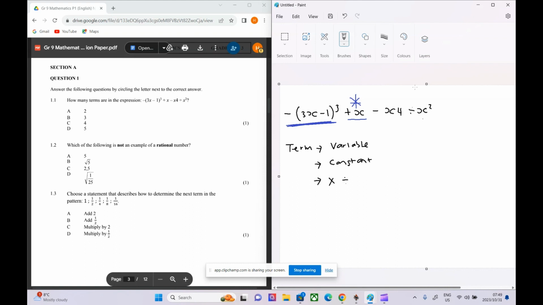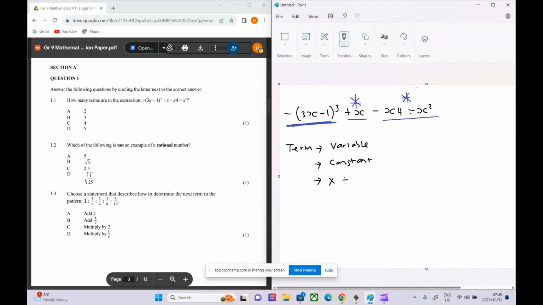And then this is where they would try to trick you out. We've got this divide symbol here. So whenever we have a divide symbol, anything that's on either side of it, so this x4 and this x squared, it's all part of the same term. So that is going to be one term. Because it's got that divide between it, it makes it one term. Okay, so that's why they put that there to try make it look like it's a few,